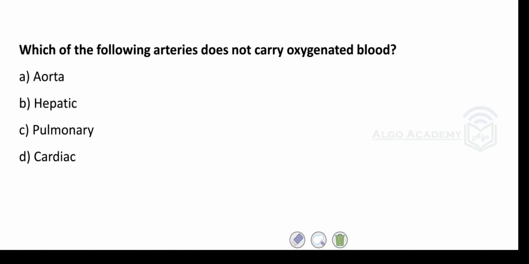Which of the following arteries does not carry oxygenated blood? We have studied that arteries carry oxygenated or pure blood and veins carry deoxygenated or impure blood. Arteries carry blood away from the heart and veins carry blood towards the heart. There is only one exception to this: an artery always carries blood away from the heart, but it does